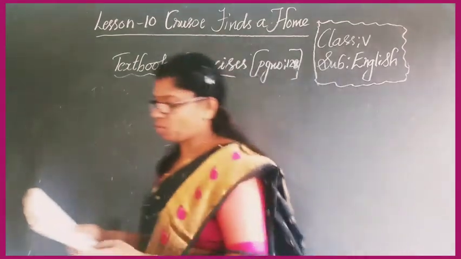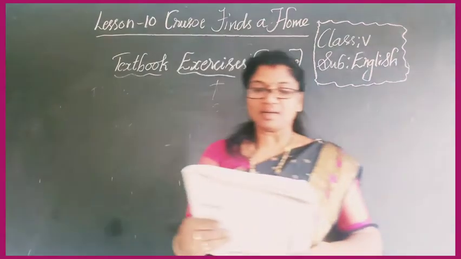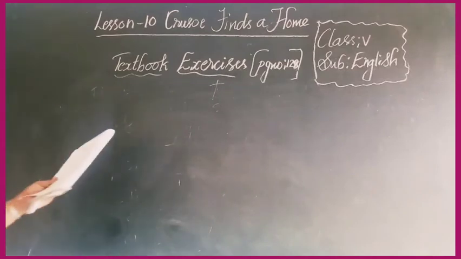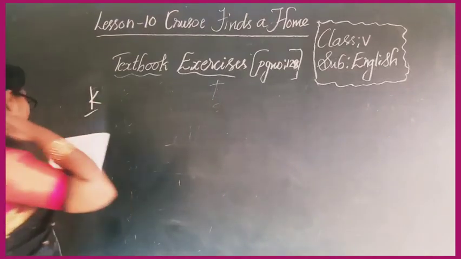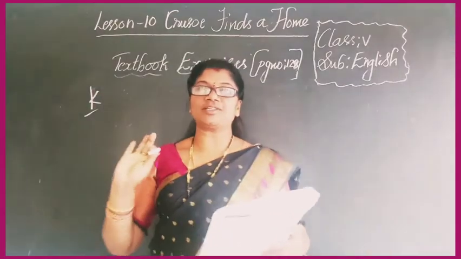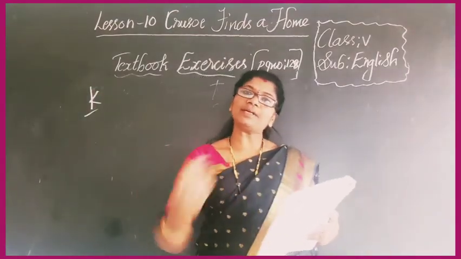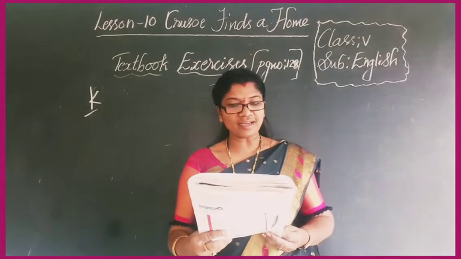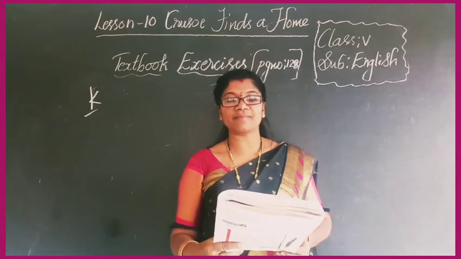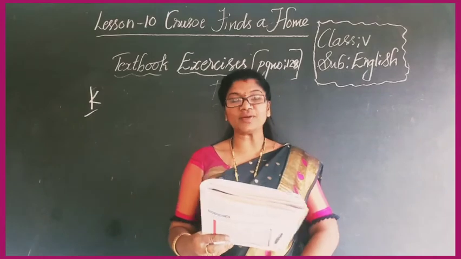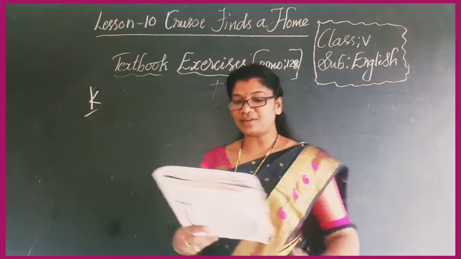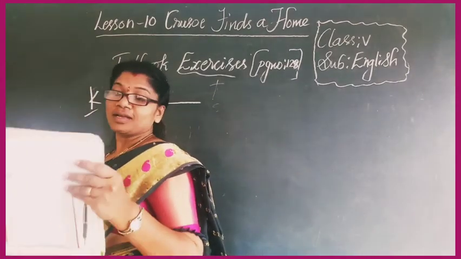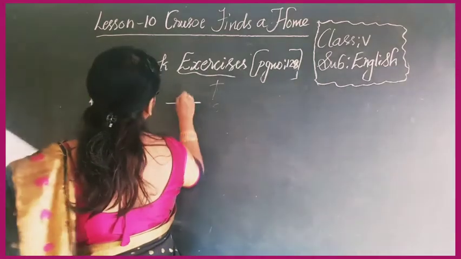Fine children, now let's go with this one. Fill in the blanks, exercise K, page number 128. I have given the conjunctions already: because, so, and but. You can repeat the conjunctions but you need to fill in the correct answer. First one: Karen was tired, dash, he did not go to the cinema with his friends. Karen was tired because he did not go to the cinema? No. Why did he not go to the cinema with his friends? He was tired. So he did not.